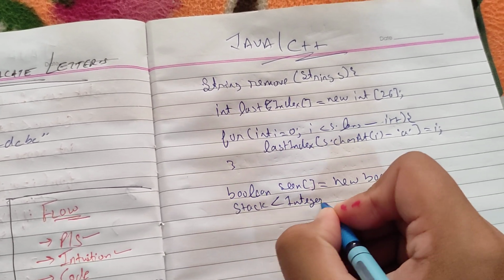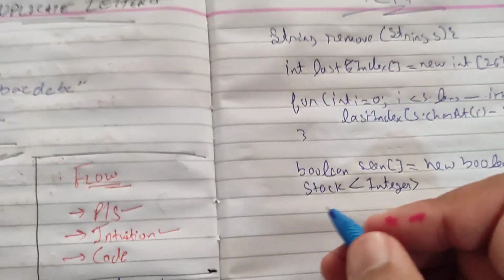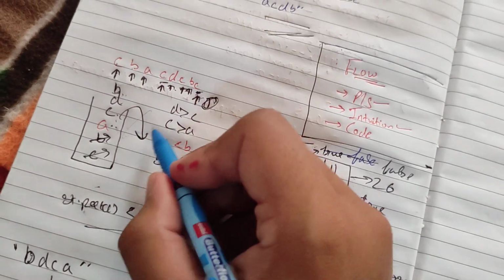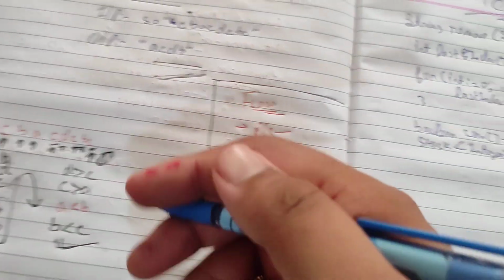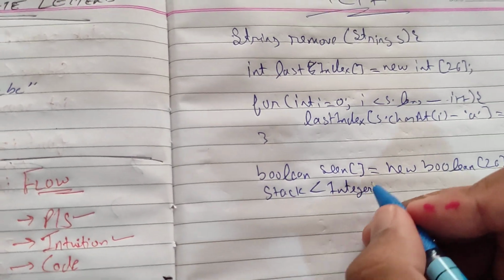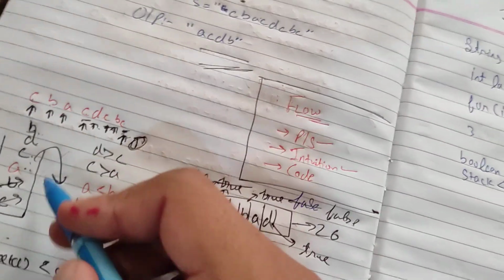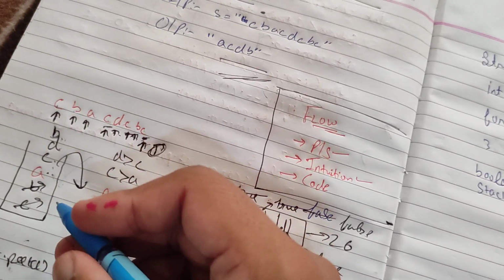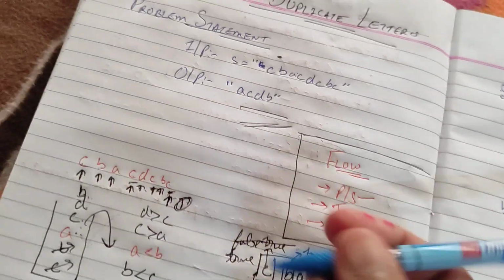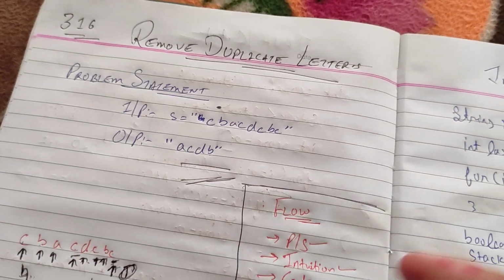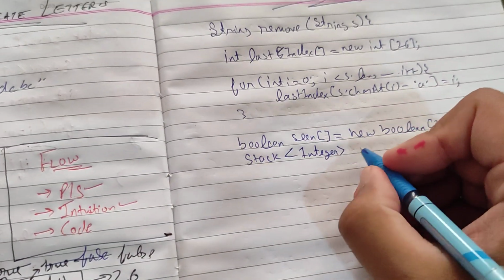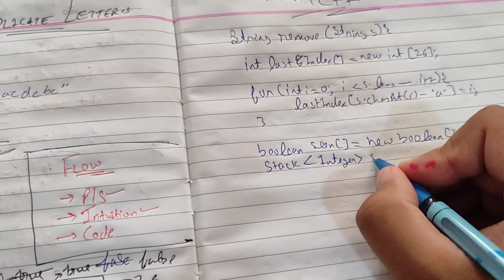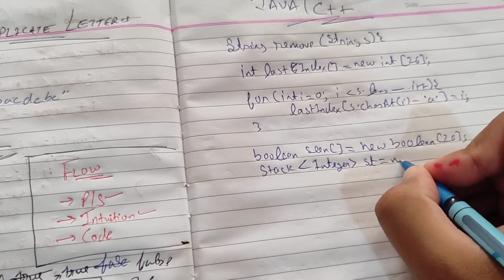You will say, dude, we are dealing with characters, but why is it a stack of integer? I'm saying you can't compare characters. How can you judge whether a character is smaller or not? Because the computer can't judge. So for that we will put their ASCII value. If you get their ASCII value, it might be 90, 95, 94, something like that. So you got the idea. That's how we are comparing. So I call it stack, new stack.